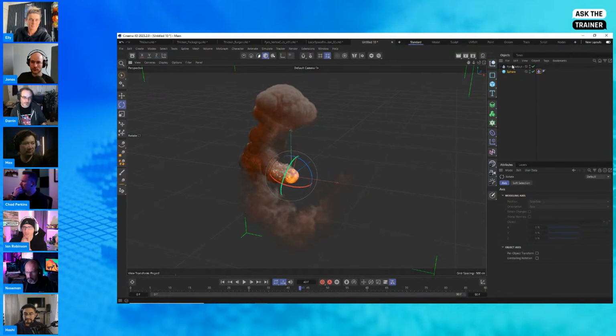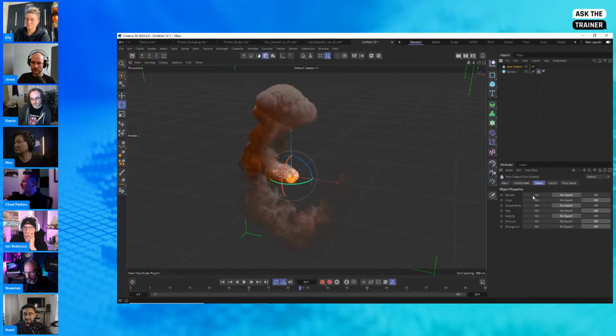And Jonas, of course, quick question. Sorry to interrupt. Real quick question. Is that a good way to make clouds as well, or could you use Pyro to make clouds? Yes, absolutely. Another thing you can do with Pyro here is, for example, you could just enable